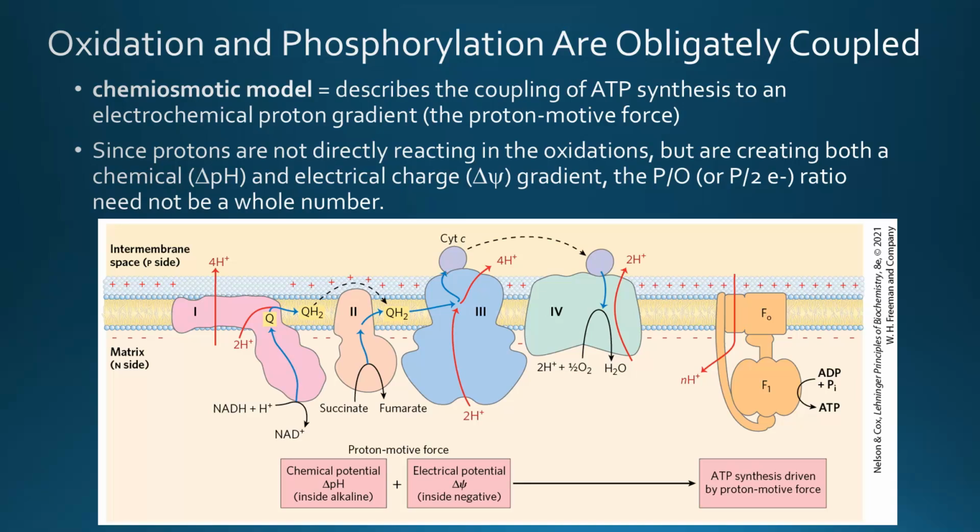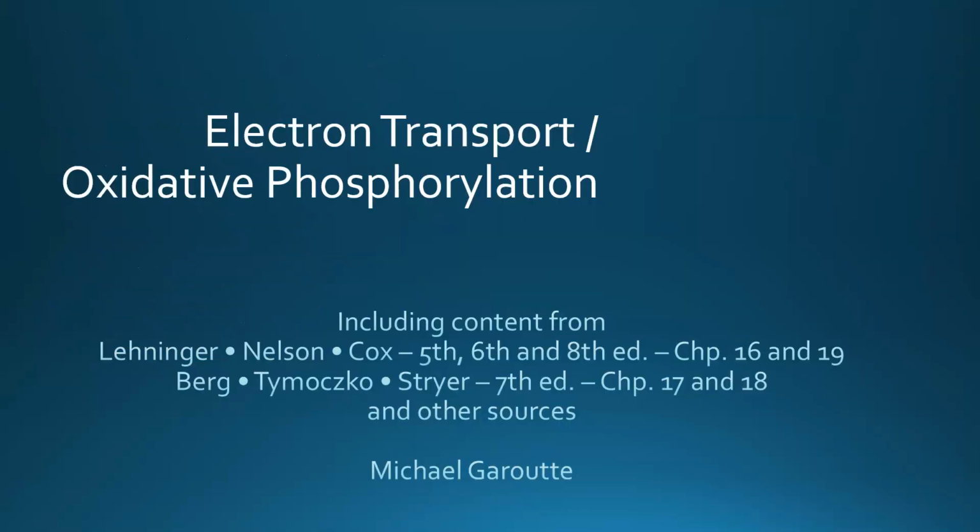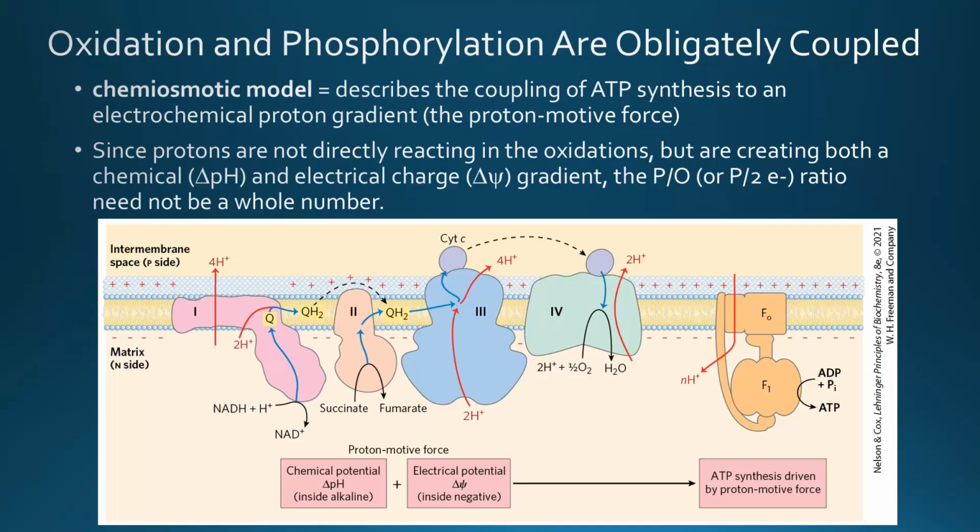That's why we talk about the electron transport pathway and oxidative phosphorylation always together. They are separate processes, but they're coupled. If one doesn't work, the other one also will not function. This is a diagram that is very similar to this diagram, but only showing a cross-section of the membrane and a little bit more detail about where the electrons are transferred and where the protons are pumped.